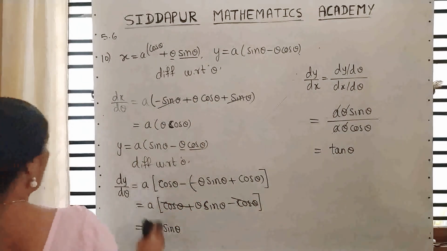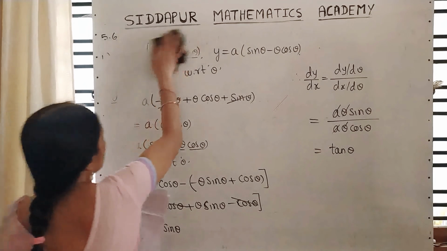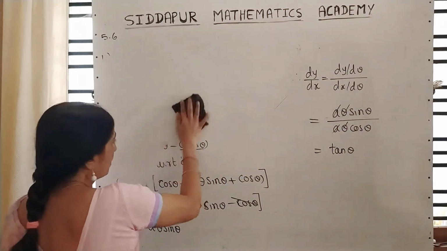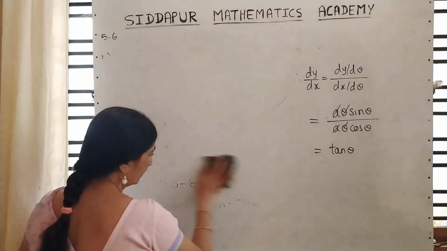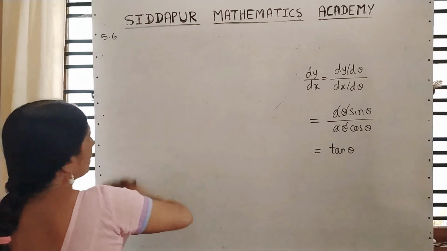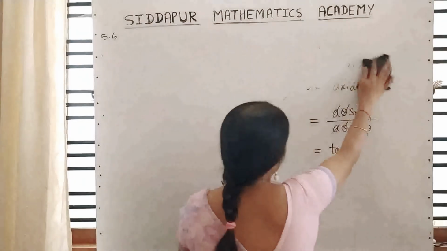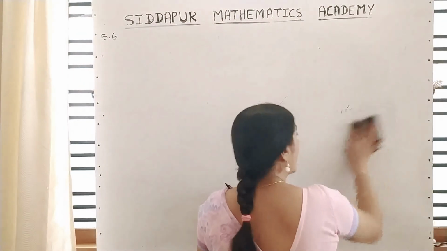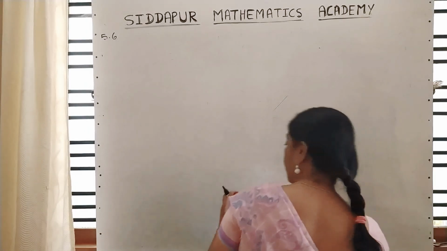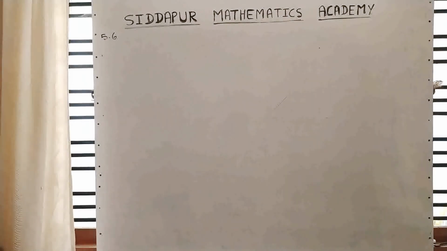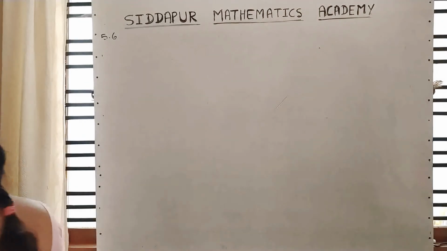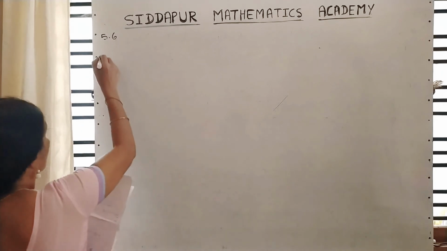Moving to the next example. It is an important example. Again, they can ask this question for 3 marks. I will show you 2 methods here. See, in this exercise, at the start, what they give is: find dy upon dx without eliminating the parameter. If the question is like this, now I am showing you one differentiation. The 11th one.